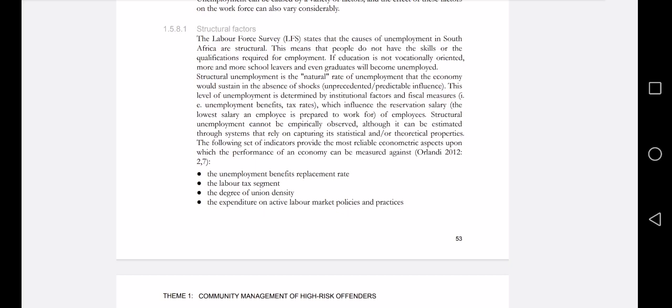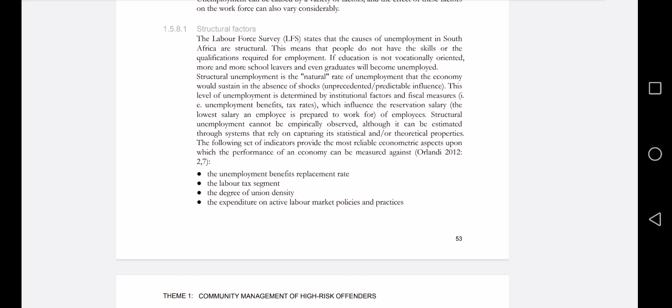The Labour Force Survey states that the causes of unemployment in South Africa are structural. This means that people do not have the skills and qualifications required for employment. If education is not vocationally orientated, more and more school leavers, and even graduates, will become unemployed. Structural unemployment is the natural rate of unemployment that the economy